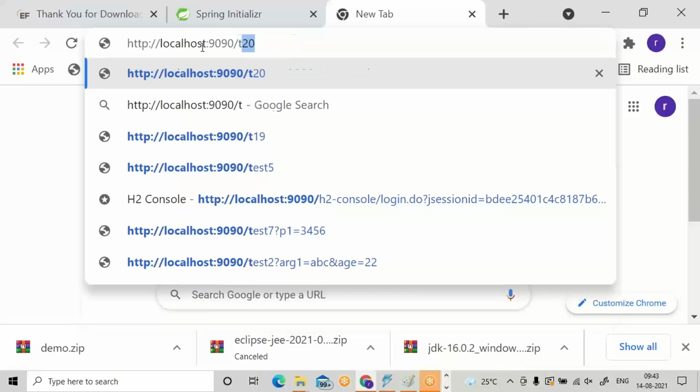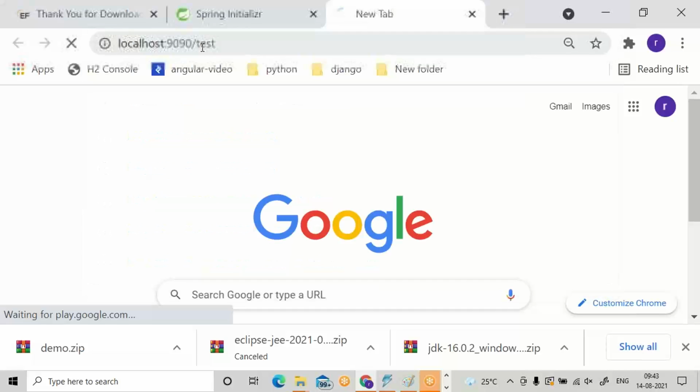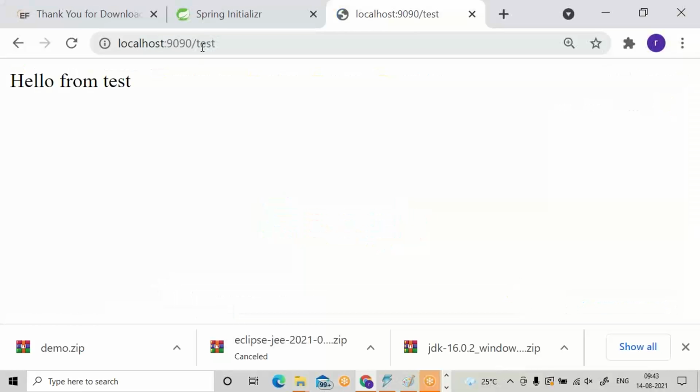Afterwards, your REST API URL. That is test. Press enter. You got the output from the REST web service. REST API, HTTP endpoint. The browser made an HTTP request to one of the web services.